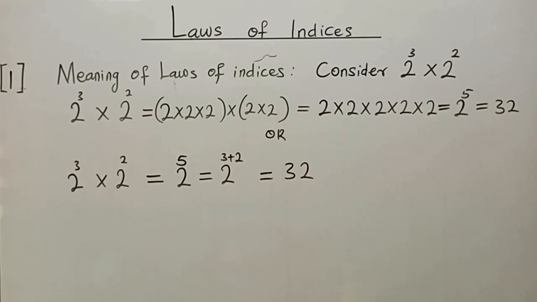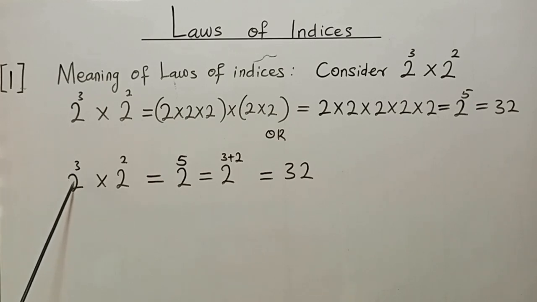How do we do it? We look at how these two numbers, when multiplied, give us this 2 to the power 5. If you watch it, we can deduce something from it. With this second line of number operation, let us see what we can deduce. 2 to the power 3 times 2 to the power 2 gave us 2 to the power 5. Could it be that 2 to the power 3 times 2 to the power 2 will give us 2 to the power 5 because if we add 3 to 2 to give us this 5,